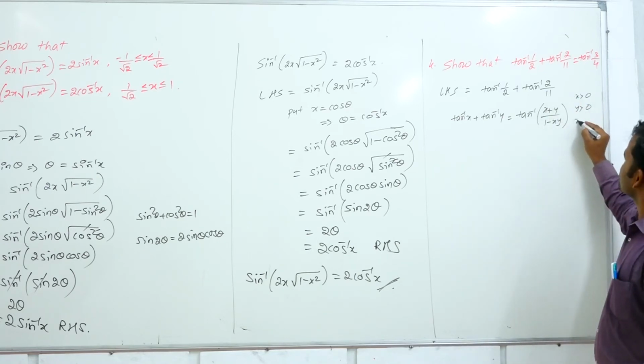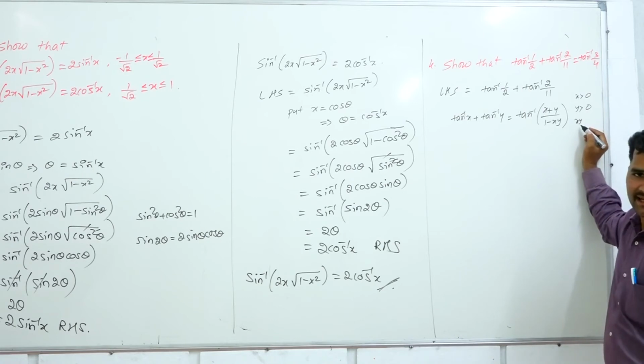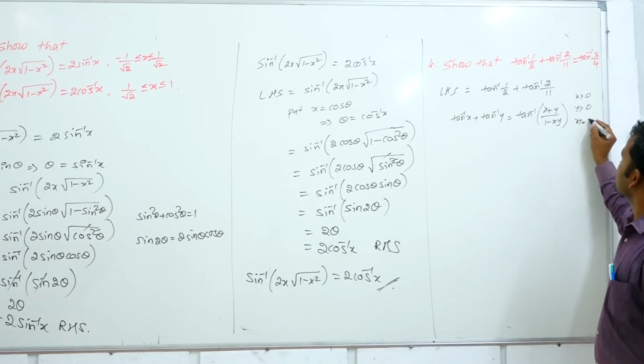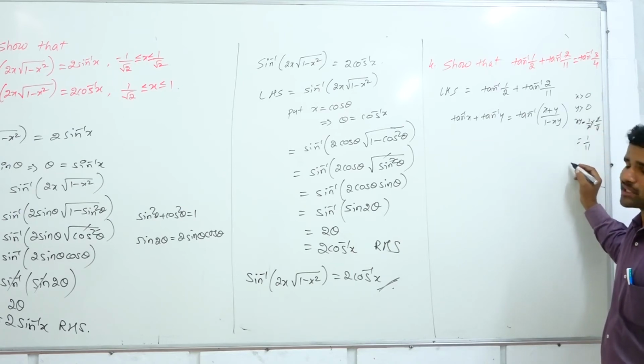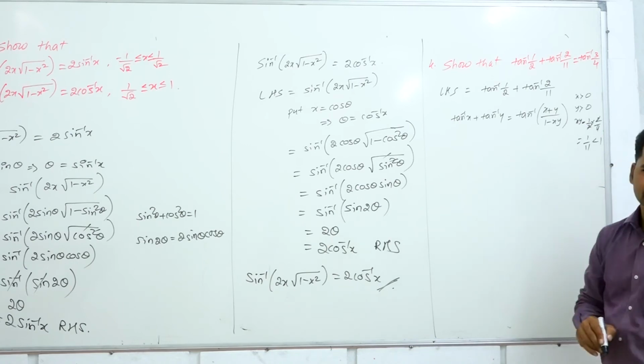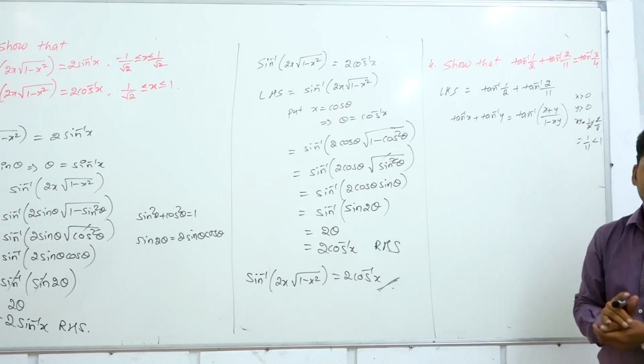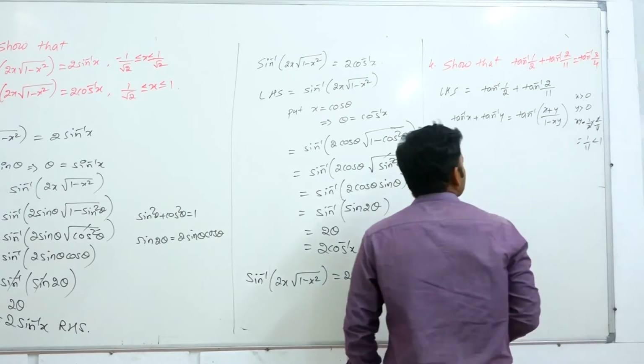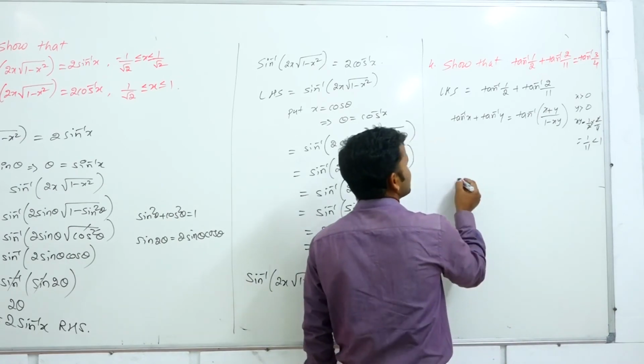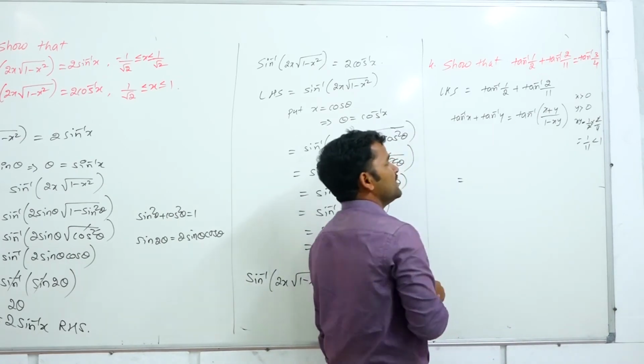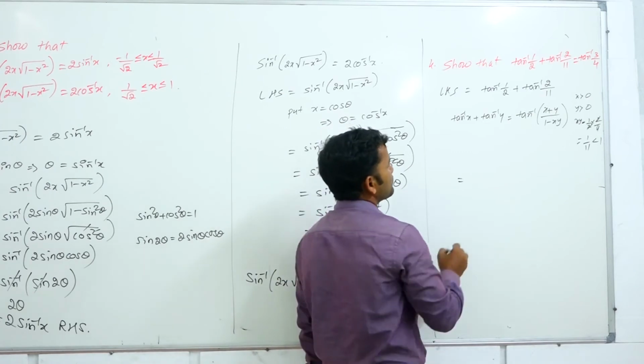And what about the xy product? Is it less than 1? x into y is 1 by 2 into 2 by 11. The 2s get cancelled, 1 by 11. 1 by 11 means 0 point something, so this is less than 1. Okay, this property only. No need to check at each step. Just by seeing the values, we can use this formula.